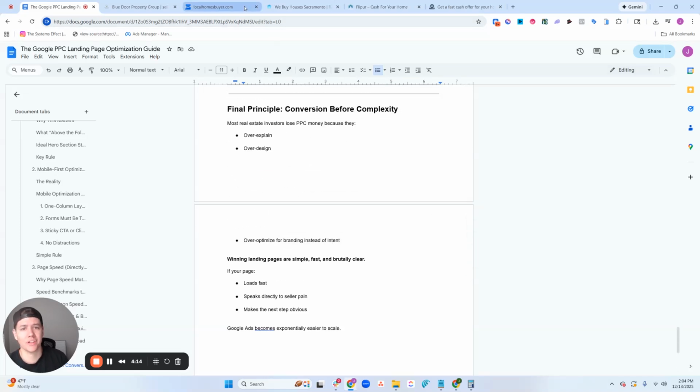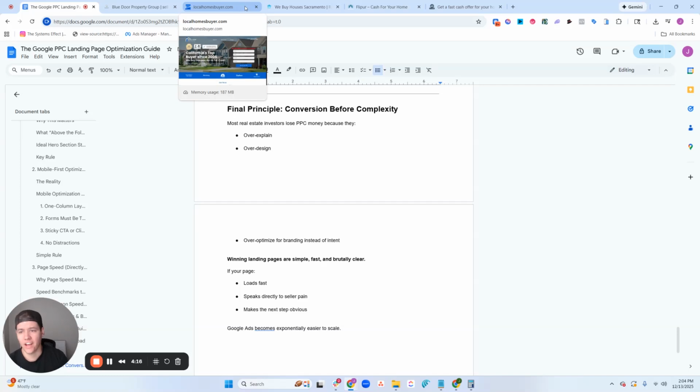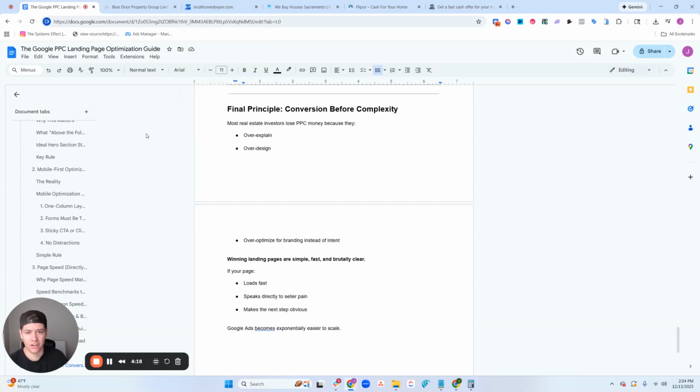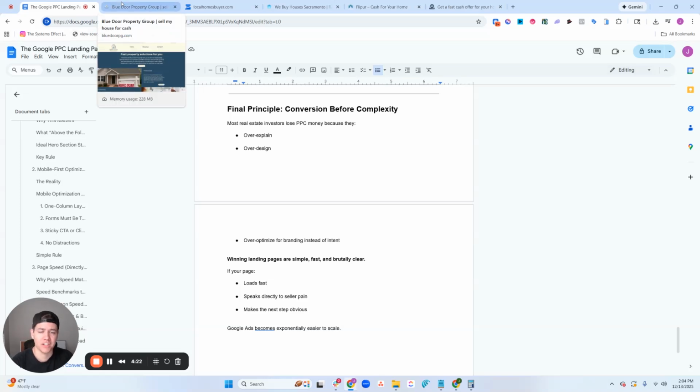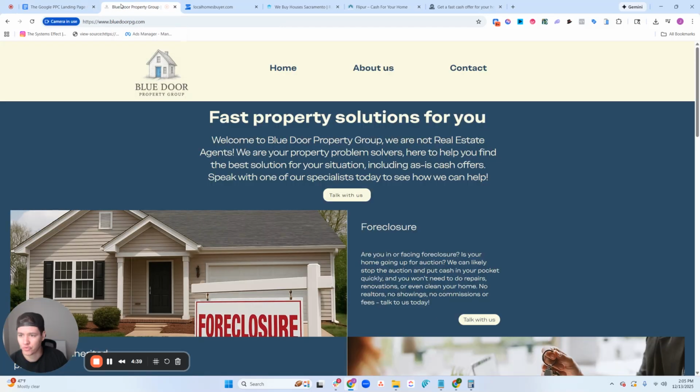But let's go ahead and take a look at some actual websites that I pulled up just by doing a basic Google search. Before I show you the websites, all these sites were shown on ads, but I did not click on the ad. I just typed in the URL directly because I don't want to click on anybody's ad and cost them money. Really important that you know that. Okay, cool. The first one I saw, I'm going to go from worst to best,